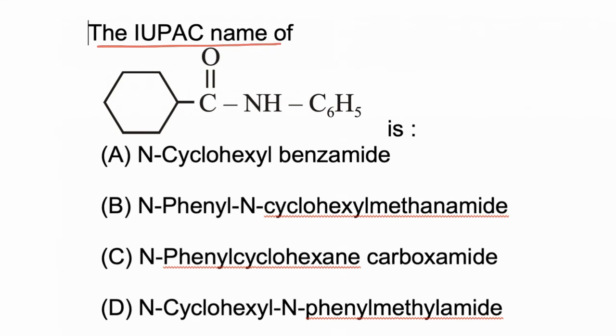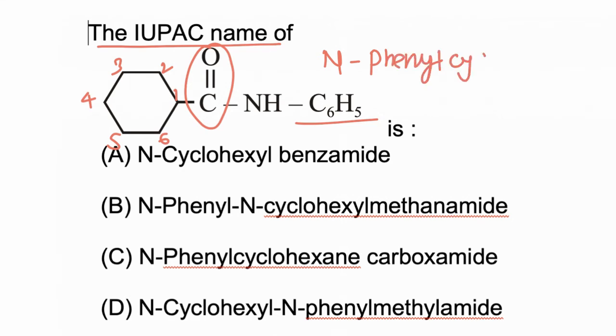So in this compound, the principal part is the bracket part from which the principal function group is attached. Carbonyl is attached, so the total number of carbon atoms present in the main chain is 5, with 1, 2, 3, 4, 5 numbering. A double bond is present at the second position and the fourth position, and the phenyl group is attached to nitrogen. So the name of the compound is N-phenyl penta-2,4-dienamide. Now, at the first position there is cyclohexane, since all 6 carbon atoms are in the ring, so cyclohexane is the correct name. Hence the correct answer is D.